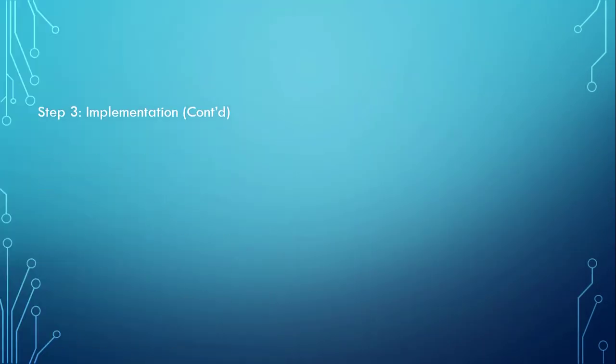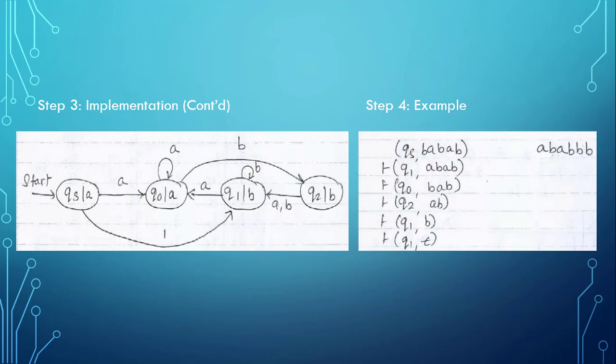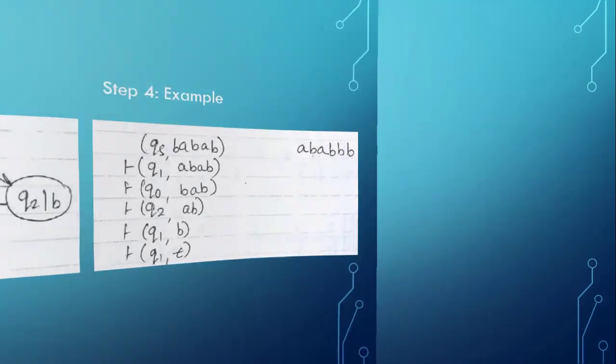Now let us continue with the state transition diagram. QS has output A, Q0 is A, Q1 is B and Q2 is B. So here the input is ABABAB, and it becomes A followed by BBBBB type output. Now this extra A occurs because of the Moore machine, that is an extra bit, because for an input sequence of length n, an output sequence of length n plus 1 gets generated.